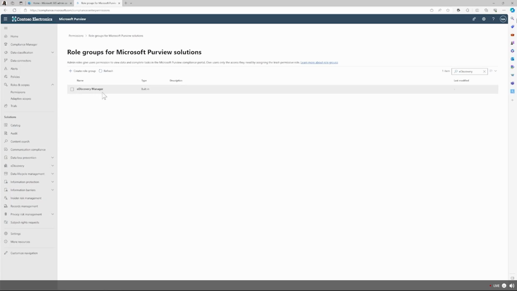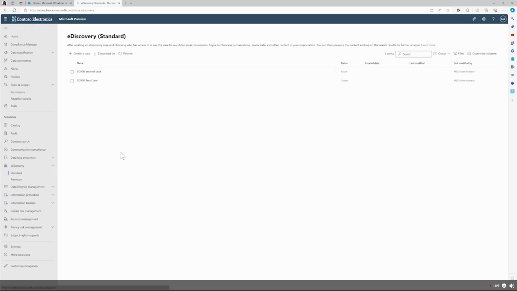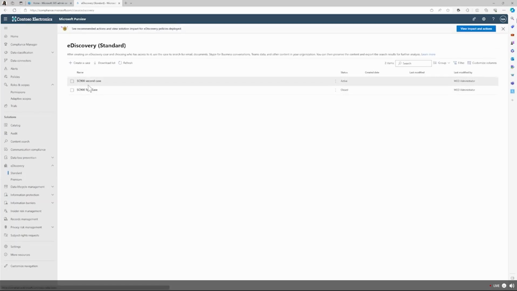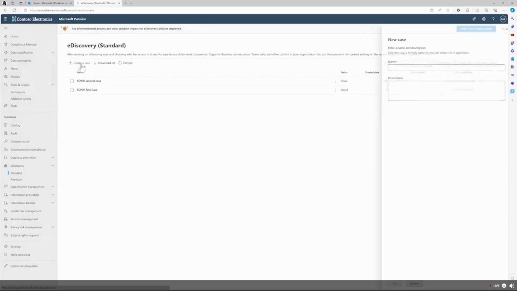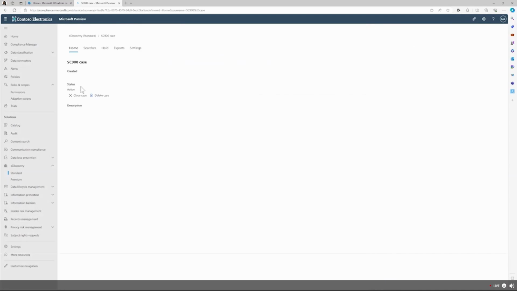I could now move on to e-discovery. So I have the standard that we are going to look at. So I'm going to create a case, and I already have 2. So I'm going to name it SC-900 case, and I'm going to save it. Now I will access it,